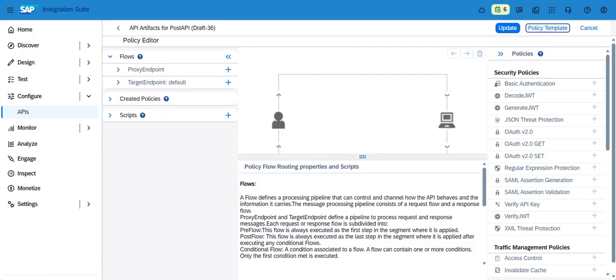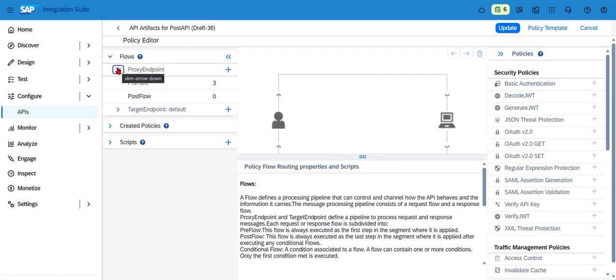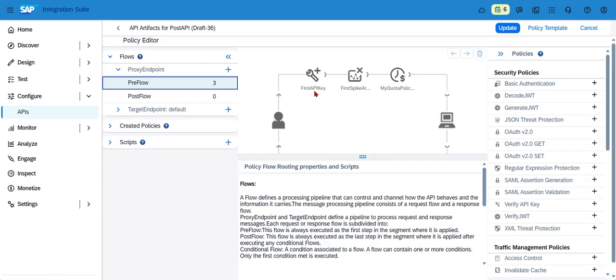Here we need to understand how the new policy fits in the flow. The client request goes through the verify API key policy for authentication, then the spike arrest and quota policies for rate limiting, then hits the backend API. The raw response comes from the backend. This is where we add our JavaScript transformation. Here in the proxy endpoint pre-flow, we added the API key, spike arrest, and quota policies. After the response is received from the backend,